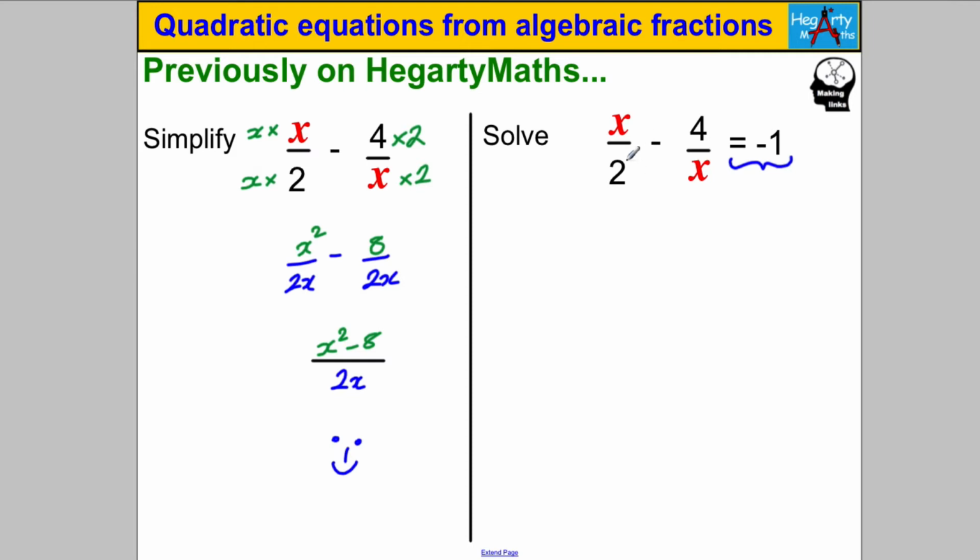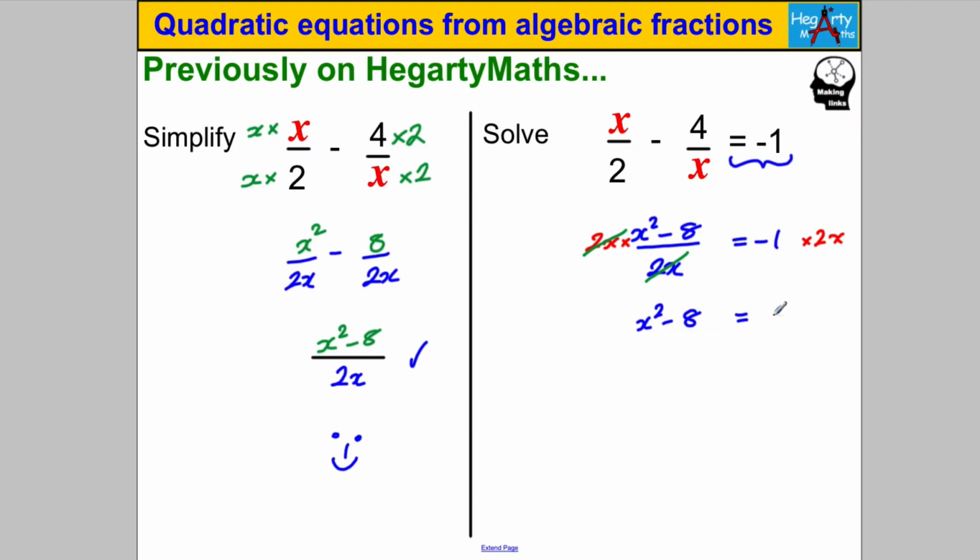What should you do here? Well, the first thing you should do is combine where possible the algebraic fractions, or simplify them like we just did here. So I'd expect you to do all these steps as your first set of steps and get yourself to this line and state that x squared subtract 8 all over 2x is equal to -1. Now I want to solve for x. I don't like the dividing by 2x here, so I'm going to multiply both sides by 2x in order to cancel out that dividing by 2x, and I'm going to get myself on the left hand side x squared subtract